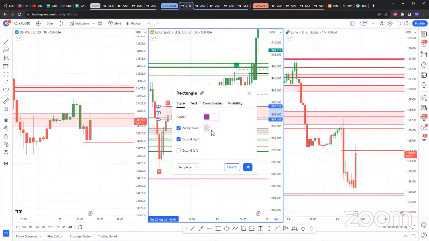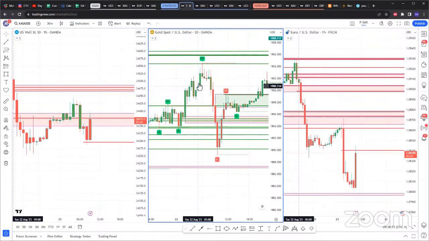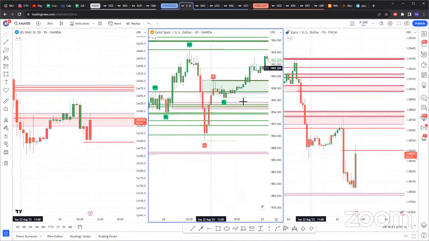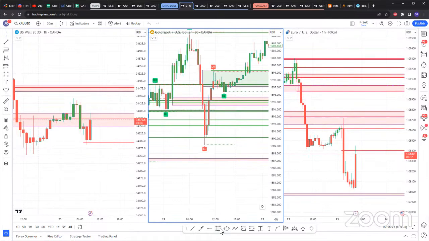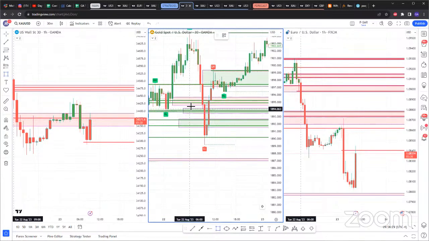But this, of course, didn't come immediately. So you'd have waited for price to come back there, because the 5 a.m. candle, this was it right here, and this is on the 30-minute. So you'd have waited for the entry. So this came back down. Actually, you could have gotten a bunch because there are a bunch down here. So this is a double right here. This is a double right here. This is another double right here.